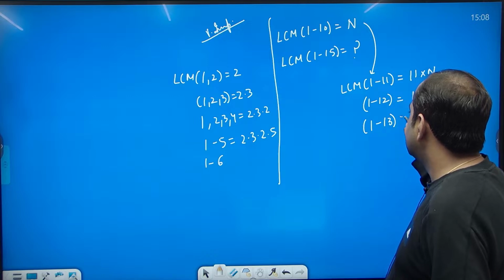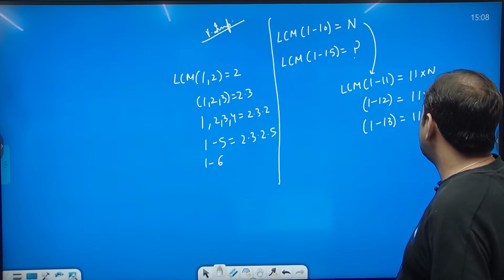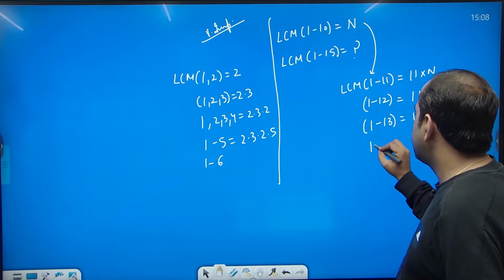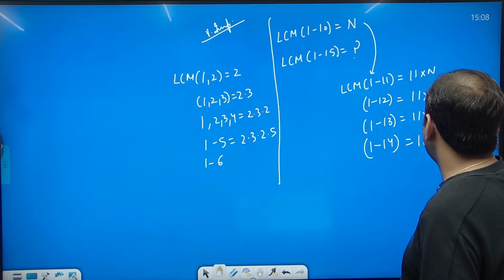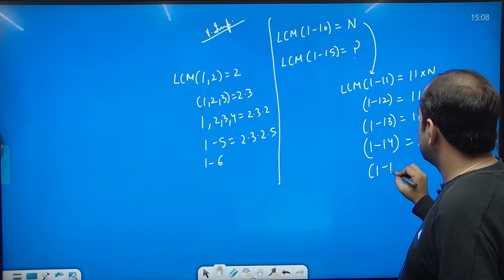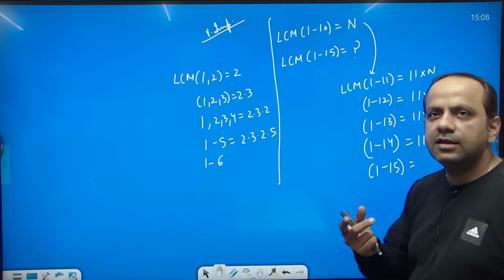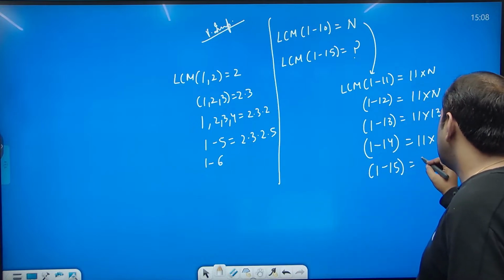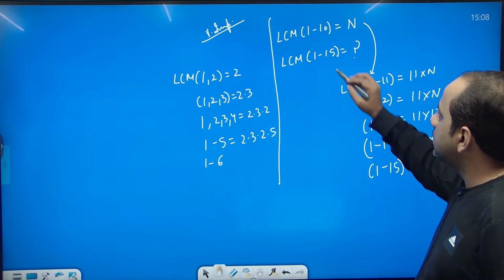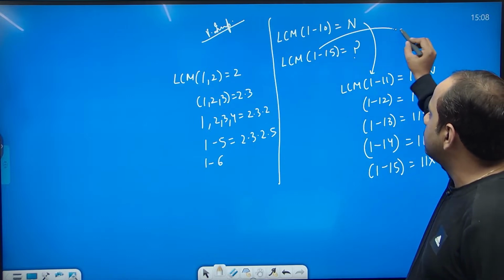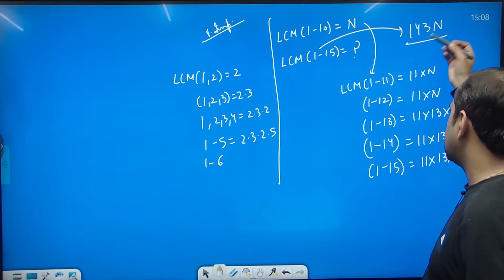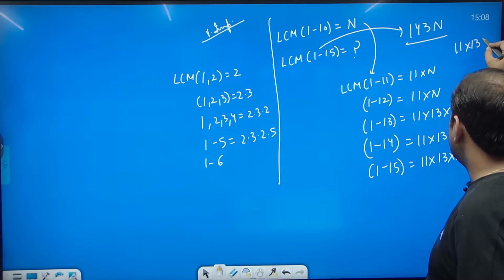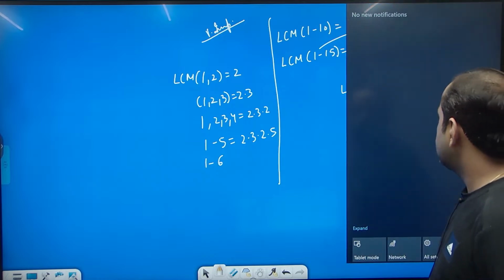1 to 13, 11 into 13 into n. 1 to 14, it will remain as it is. And 1 to 15, it will remain as it is, because for 14 we need a 2 and a 7, which are already present. For 15 we need 3 and 5, those are also present. So if I need to write down LCM of 1 to 15, that will be 143n, or you can say 11 into 13 into n. Okay,